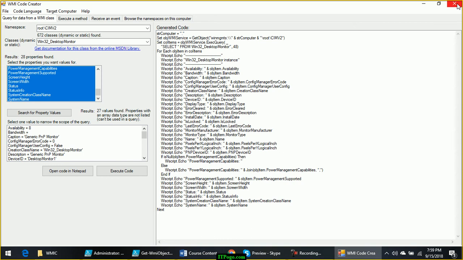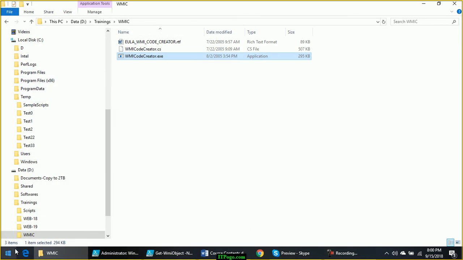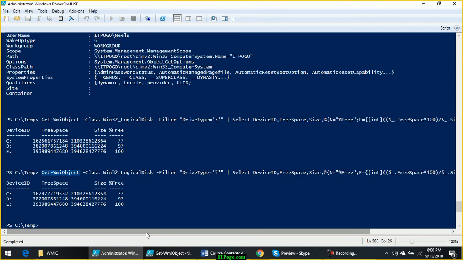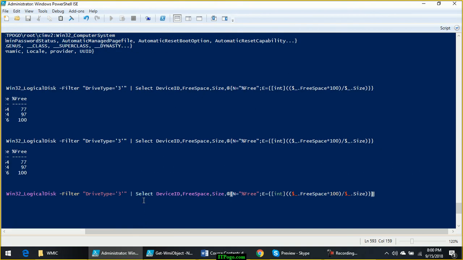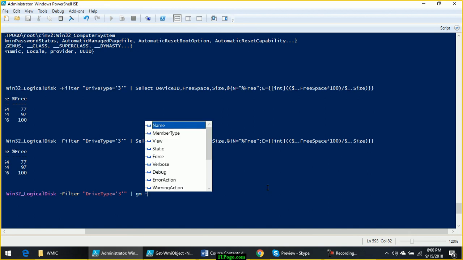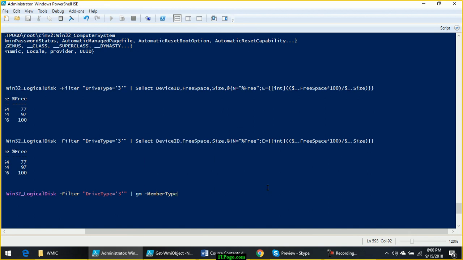Now through PowerShell, how do you find the list of methods? So in PowerShell, when you select a WMI class, for example Win32_logical disk, pipe it to Get-Member and use member type as methods.